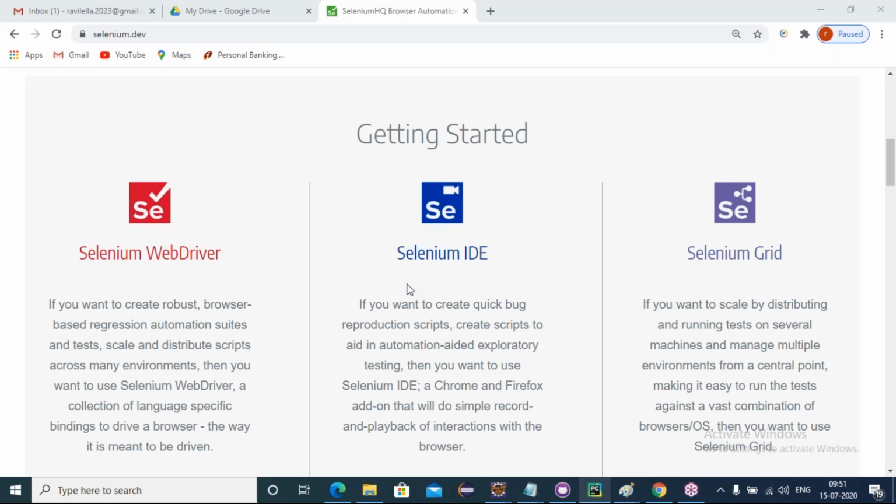So the RC code that we are developing can be executed in a local system, or in interconnected LAN client server systems, as we call them, right? In the interconnected LAN systems, it can execute, but it cannot be executed in a cloud. Taking this into consideration, the next component was introduced in Selenium, that is Selenium WebDriver.